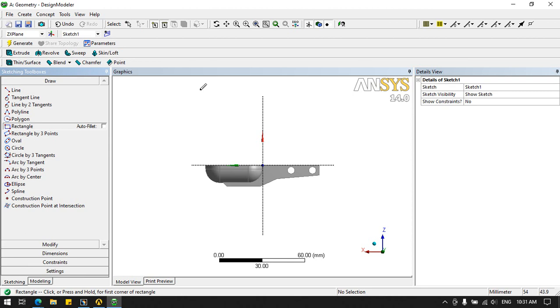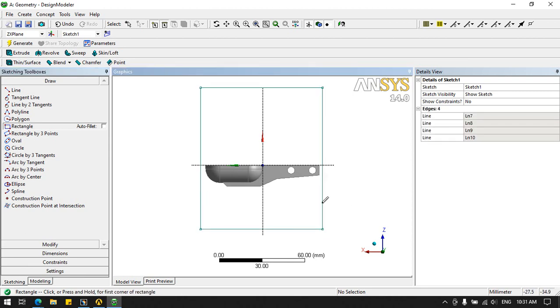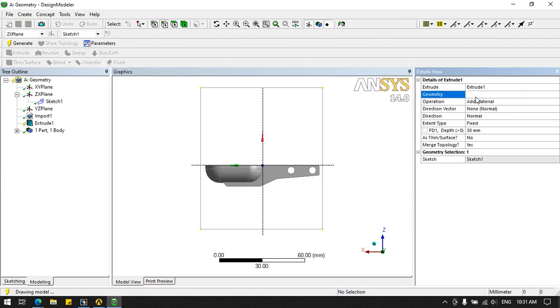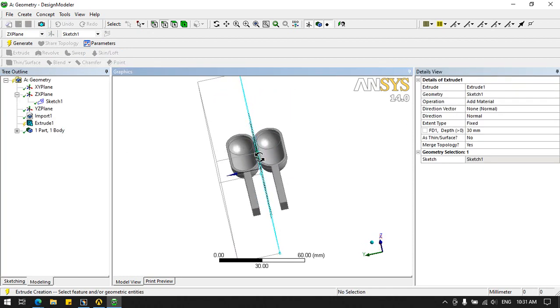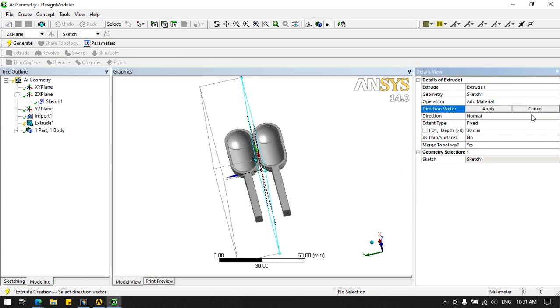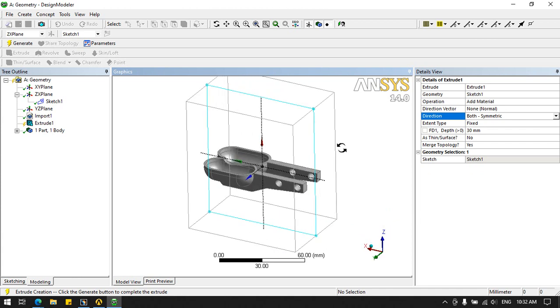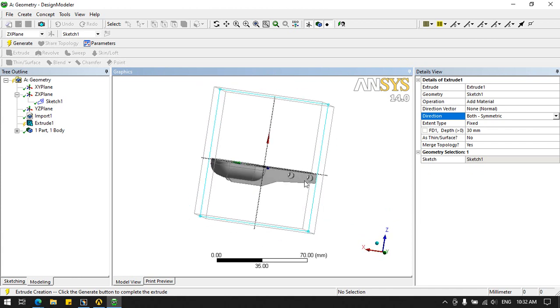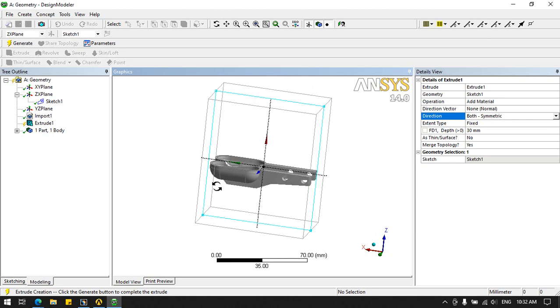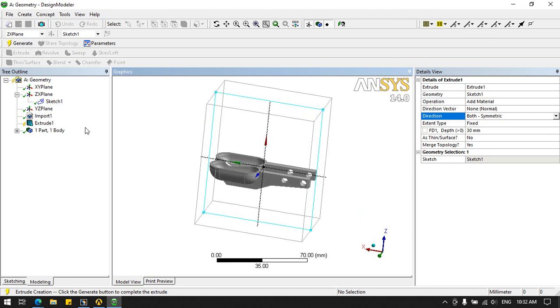Create a small area like this. Okay, rectangle. It doesn't matter which dimension you select, just create a rectangle, smaller or bigger, but it should cover the total body. Then extrude it, and as I already said, it should cover the total body. Once the direction is coming one way and not the other direction, that's why I'm going to select symmetrical so that you can see both directions here. Or we can select up to this location only if you want.